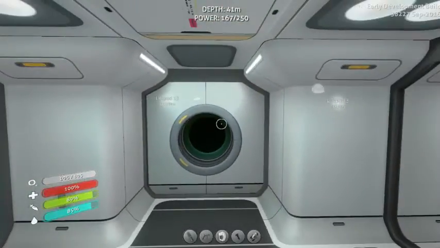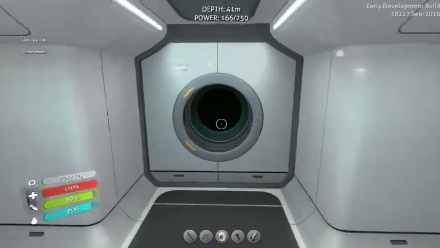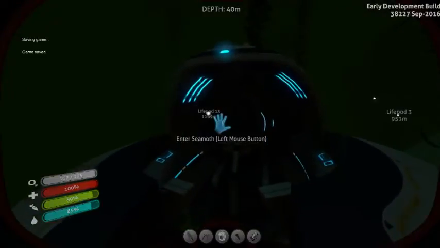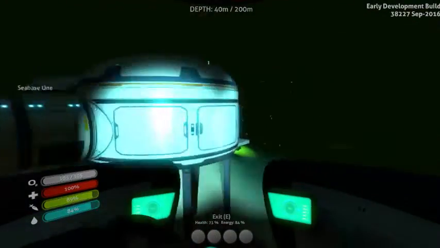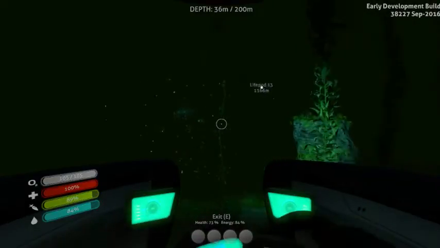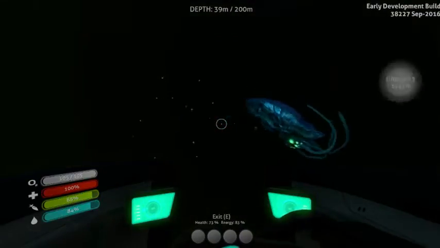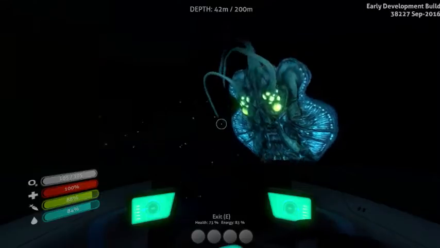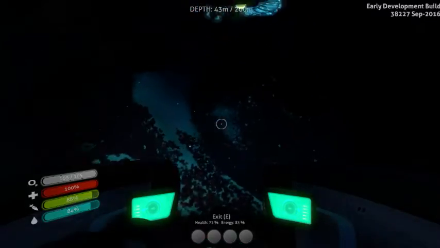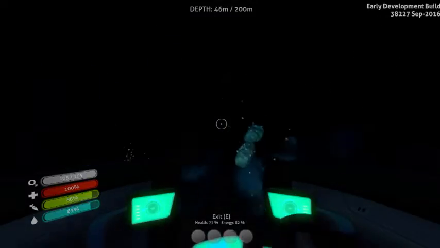Actually, before we leave the base, just in case. Oh, lag. Okay, so let's see. I think there's that guy doing his weird things again. I've never saw that in my previous game. They always just slowly and majestically sailed by. Why are you doing acrobatics? What the heck is wrong? Okay. Anyways, I think